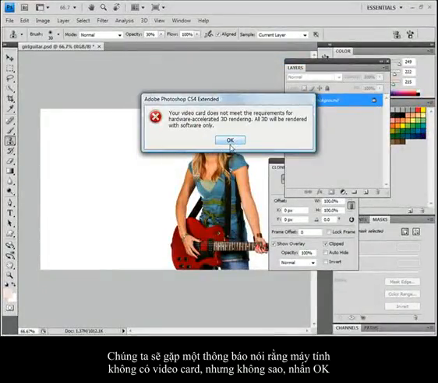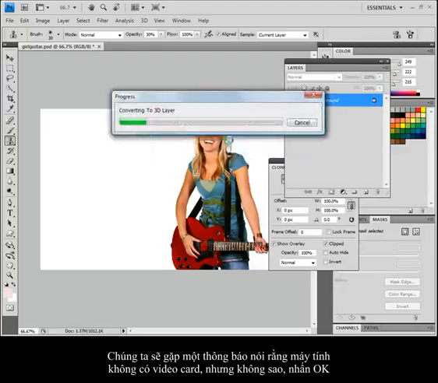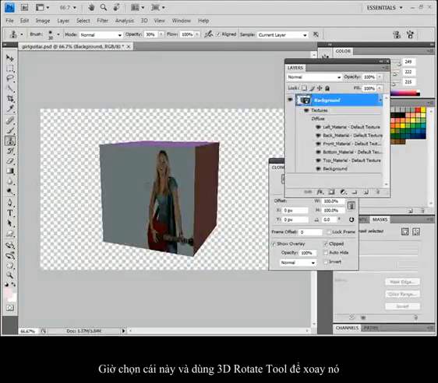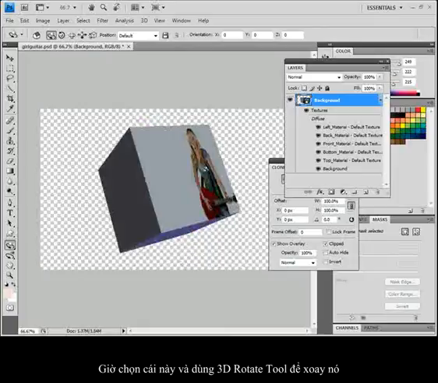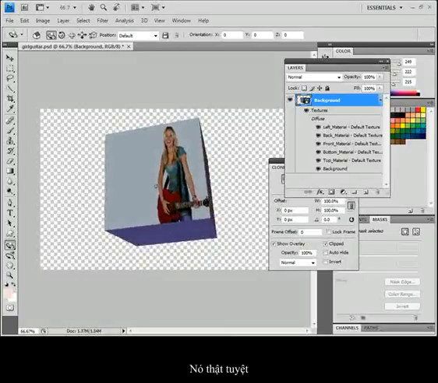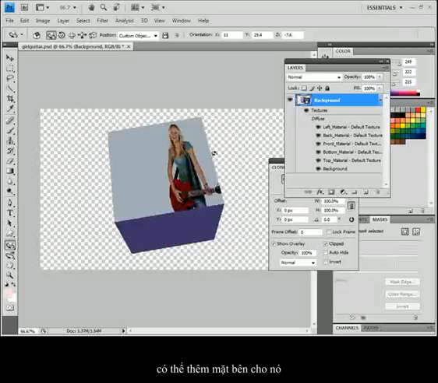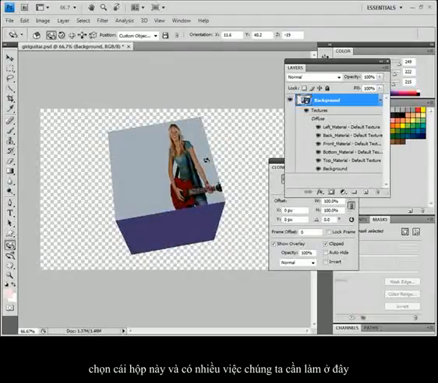Okay, I get a message saying I don't have the right video card, but that's okay. I can click OK. It's going to still work. It's going to take this item. You'll notice that I can take my 3D rotate tool, spin this around. But what's really great is the fact that I can go in here and add sides to this. So I selected a cube. You could have selected coelacanth, you could have selected donut, you could have selected all sorts of different choices such